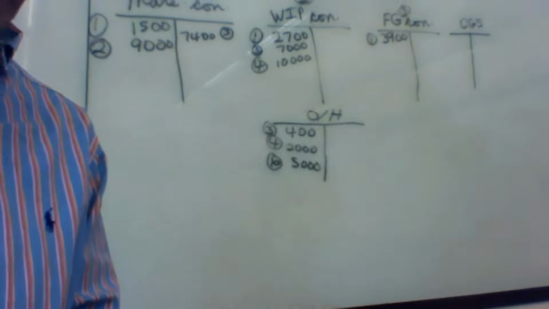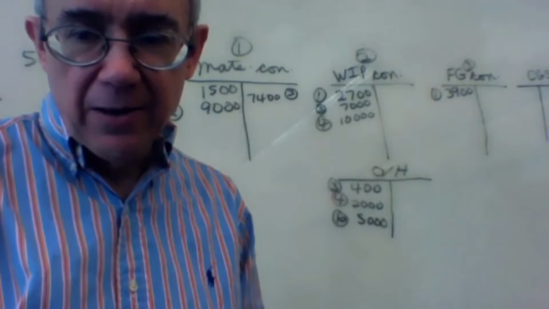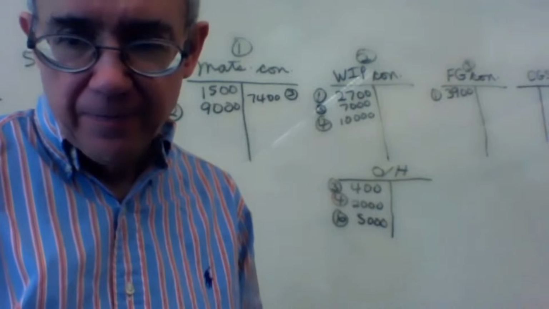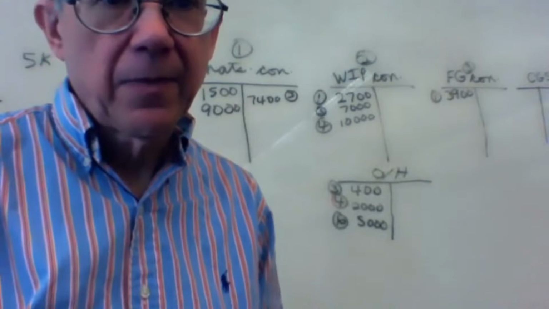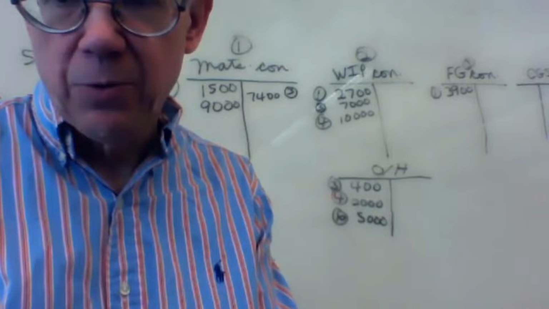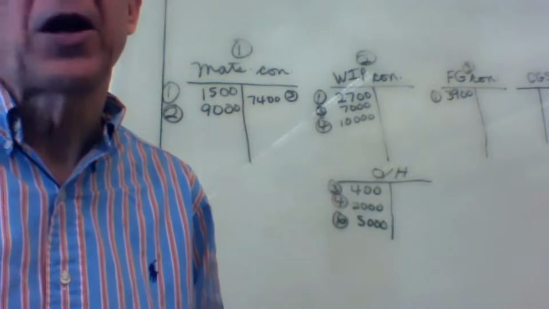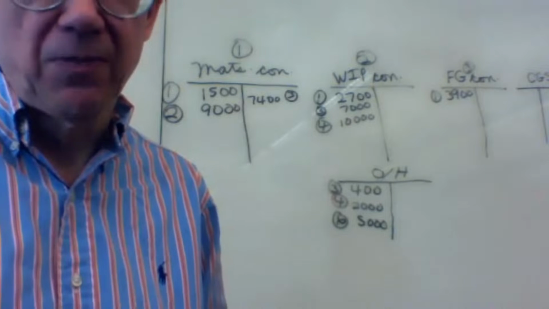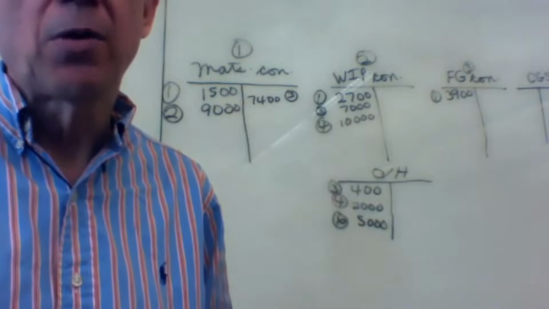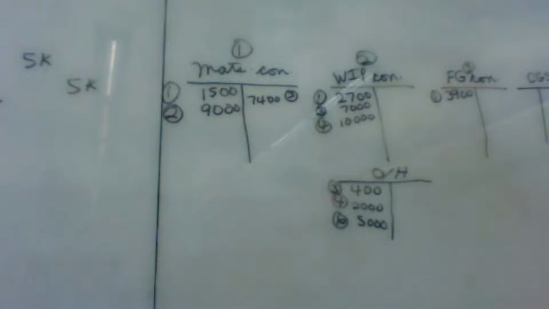Then number 7, we went over this one the other day. I'll refresh our minds here. We're going to be allocating overhead to production. And as we allocate overhead to production, we assume the overhead is applied on the basis of budgeted annual overhead of $75,000 and budgeted annual direct labor cost of $200,000. Overhead is normally allocated. Don't worry about that. We're just told to allocate overhead, so let's do it. We bear in mind that here in number 7,